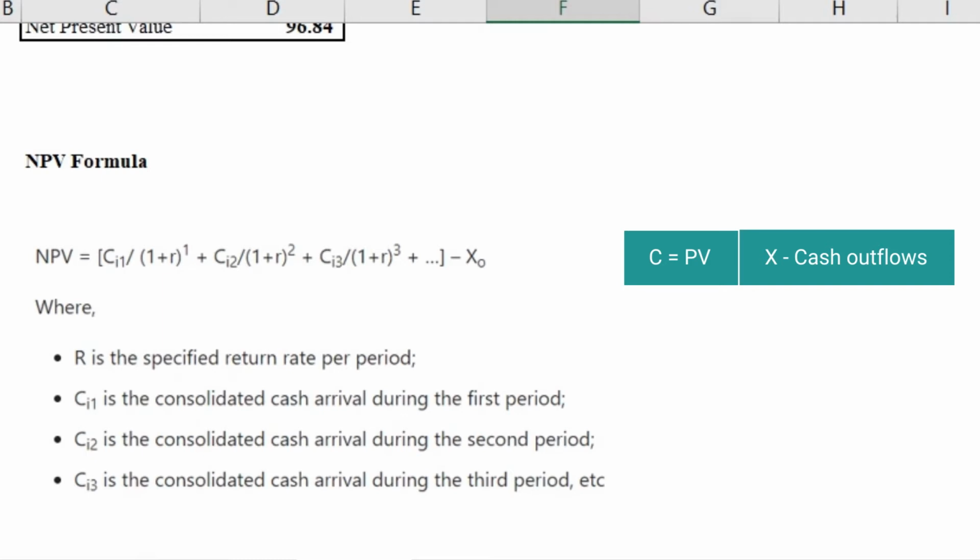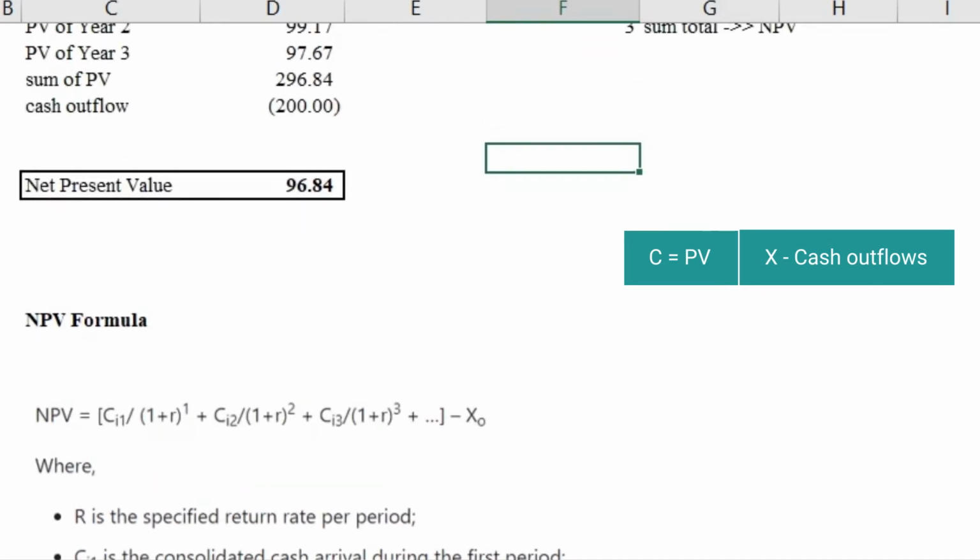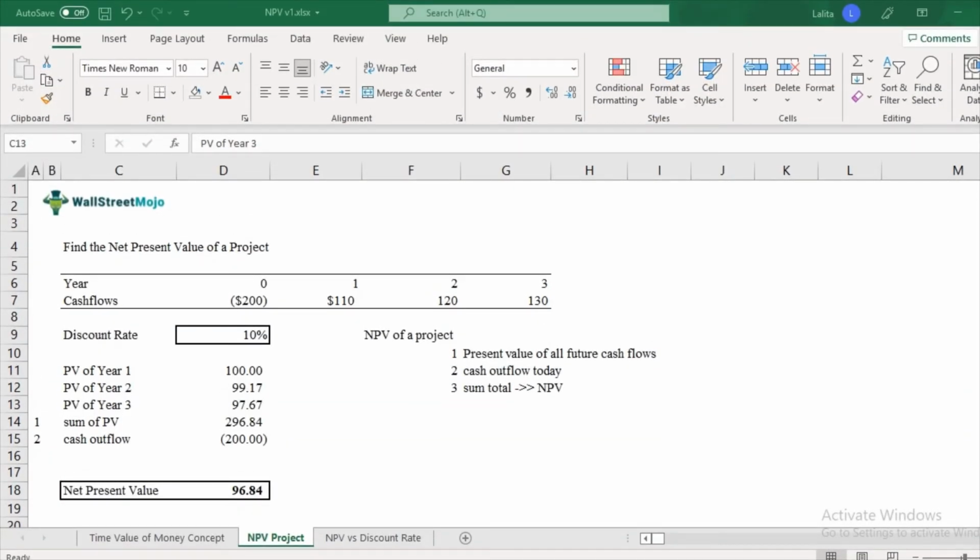Okay, so NPV formula, fairly simple. You don't have to mug this up. You just need to remember that it is divided into two parts. First, find the present value of the future cash flows and then deduct it from the cash outflow, and you will get the NPV. All right, so now that you know how to calculate the net present value of a project and you also understand the NPV formula,